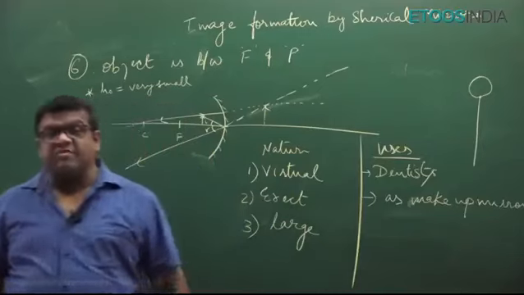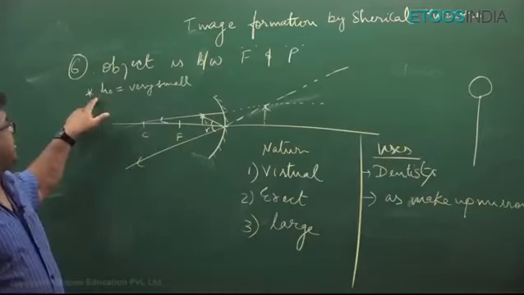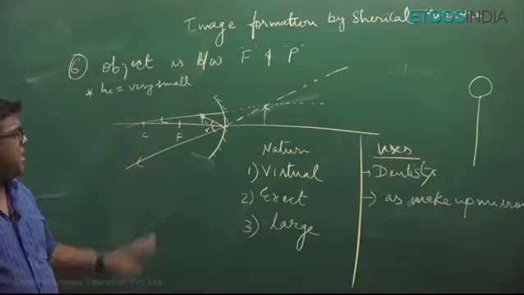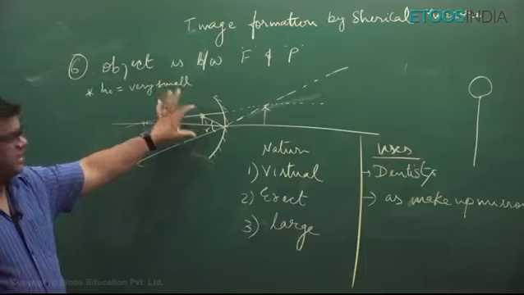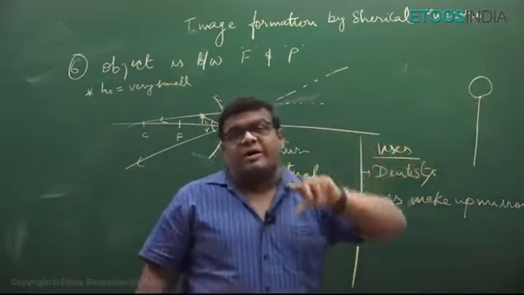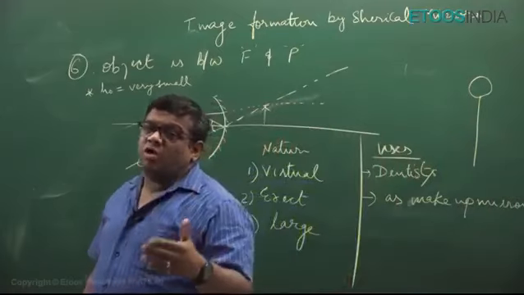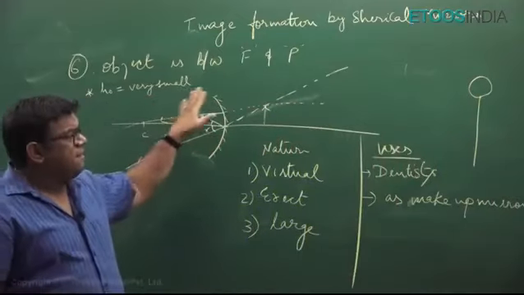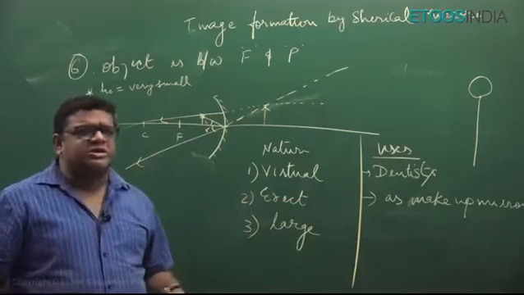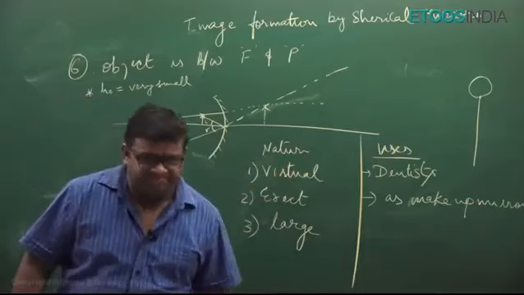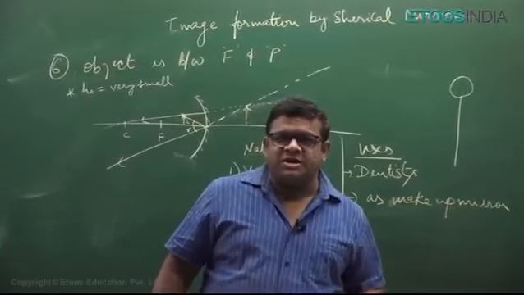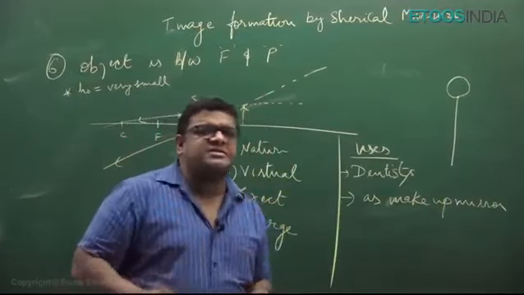Now, something very important. I mentioned earlier that the height of the object must be very small. You know why? If I make a larger object here, then these rays will meet very far away from the mirror, and it is quite possible that they might not meet at a point on the page on which you are making it. So it's a wastage of time to make it again. That's why I told you to note it down. Please note it down right now. I hope you have noted down all these important things. Now I'll tell you a summary of this diagram.